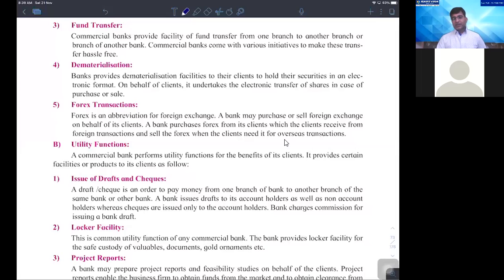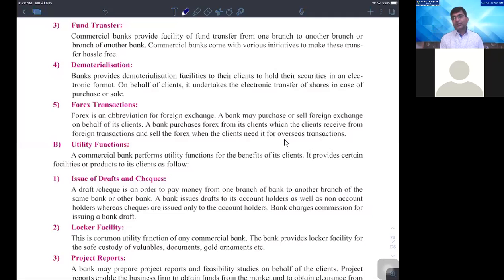Yes, fund transfer. Now what is this fund transfer? आज की तारीख में ये सबसे ज्यादा यूज होने वाली कंसेप्ट है. मैं कहीं पे भी खड़ा रहता हूं, अगर किसी को 50 रुपए ट्रांसफर करने हैं, 100 रुपए ट्रांसफर करने हैं, मैं उतना ही ट्रांसफर करूंगा. तुम लोगों को 10,000 रुपए ट्रांसफर करने हैं, 50,000 रुपए ट्रांसफर करने हैं, तुम लोग उतना कर सकते हो. So in that case, instead of going to a particular bank, going to a particular branch, I can directly do it through my